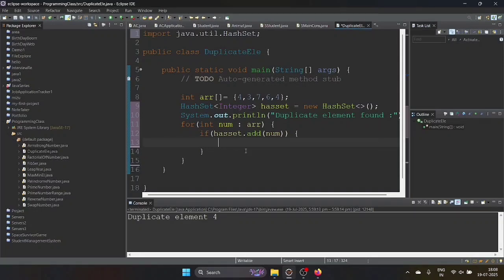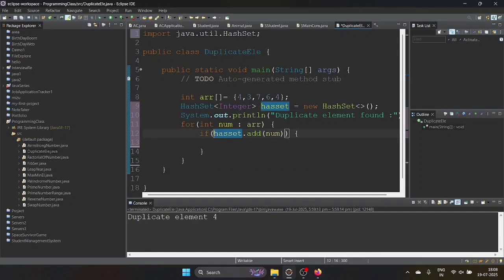If you are adding successfully, then it is going to return the true value. If the element you are trying to add is already present in the hash set, it is going to return false.